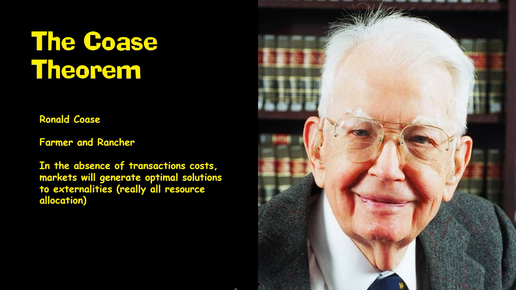Imagine that you have a farmer who lives next door to a cattle rancher. So you have 1,000 acres of farmland on one side of this fence and 1,000 acres of cattle grazing on the other side of the fence. And the cows are like, that corn on the other side of that fence, that looks tasty. Tastier than this grass we're eating over here. And so the cows from the rancher keep breaking down the fence and go over and eating the farmer's corn. Okay? How do we solve that problem?